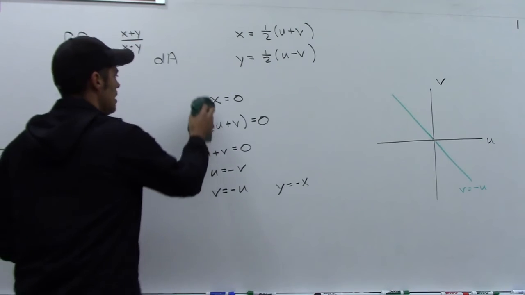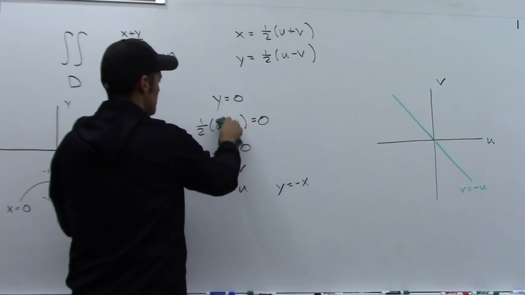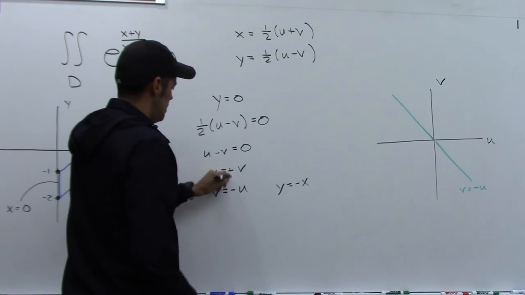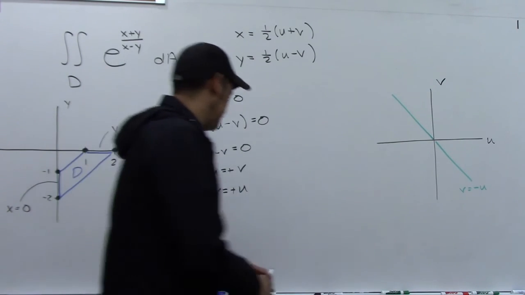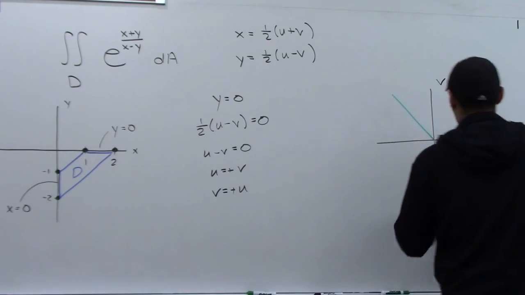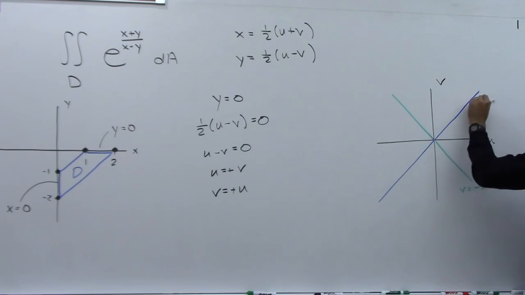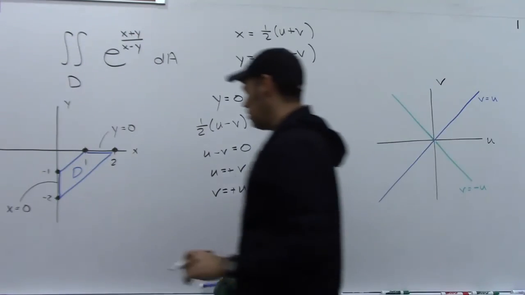So if I write down y is 0, we use this equation, which changes that to a minus, changes that to a minus, changes that to a plus and a plus. So you get basically v is u, which would look like this, the diagonal, v is u. And now let's look at